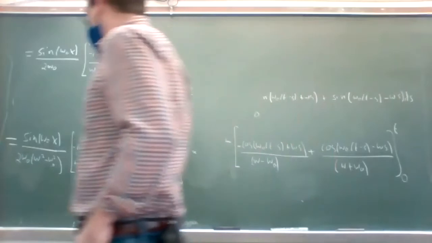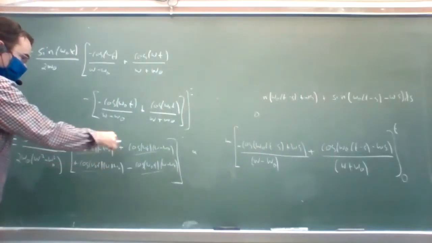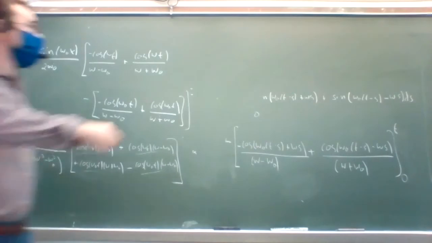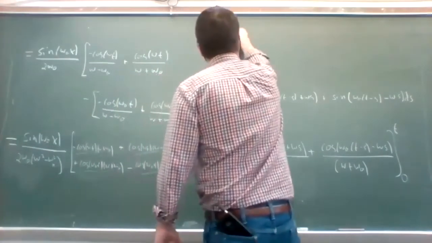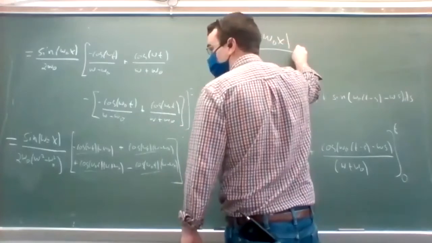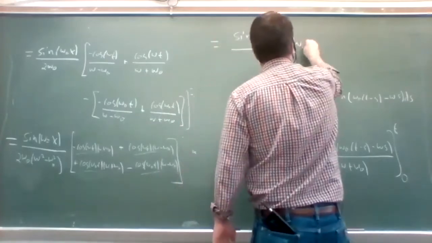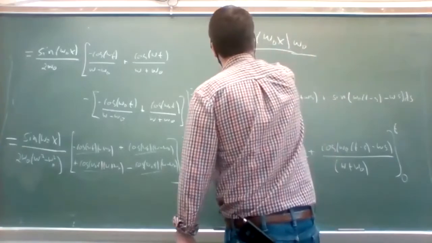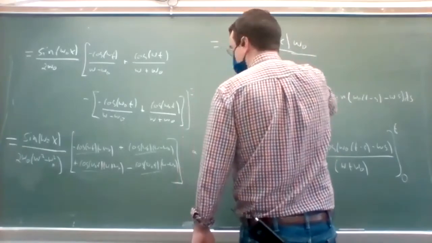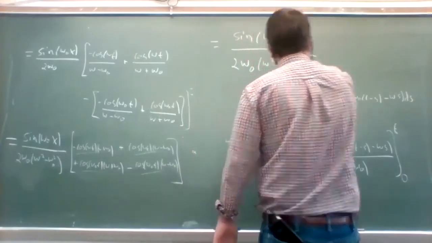So the 2's come out and cancel. The terms with omega are 0. So you end up with sine omega naught x times omega naught divided by 2 omega naught, omega squared minus omega naught squared,